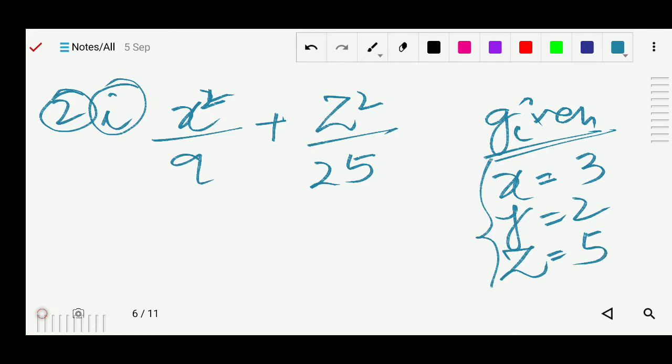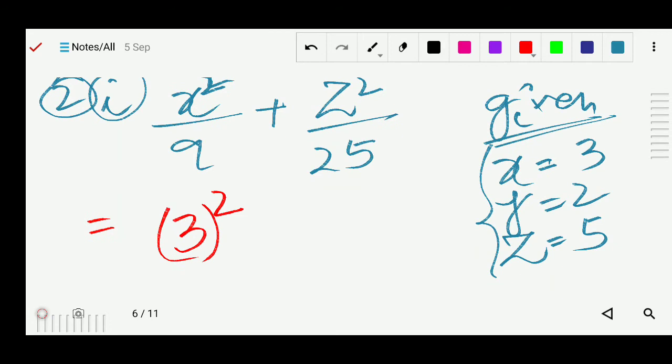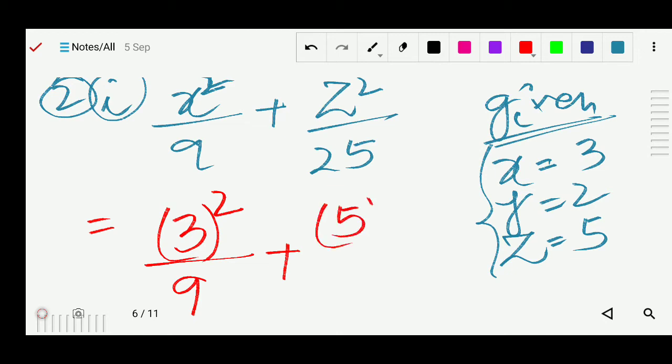So now we will solve. So first we write the value of x here, x square. So first you write the value of x is 3 and square means the whole power will be 2. Already you know how to solve the square and cube. We have already studied about this, and divided by 9. Then after that plus, what is the value of z? The z value is 5. So write here 5, and there is a square. You can see here is the square. So that's why we kept the square there. And then 25 in the denominator.